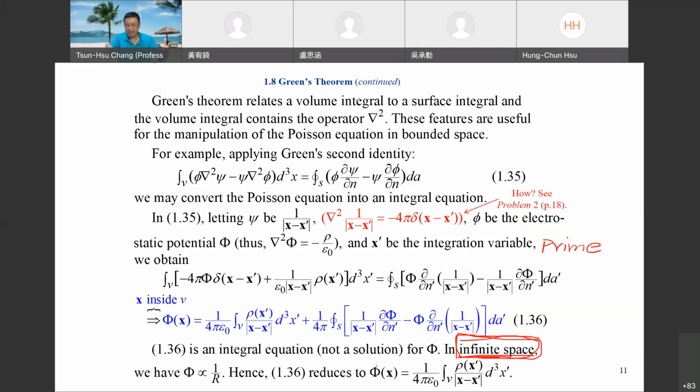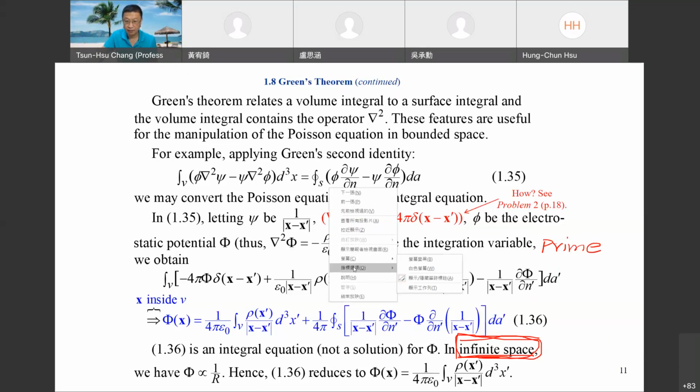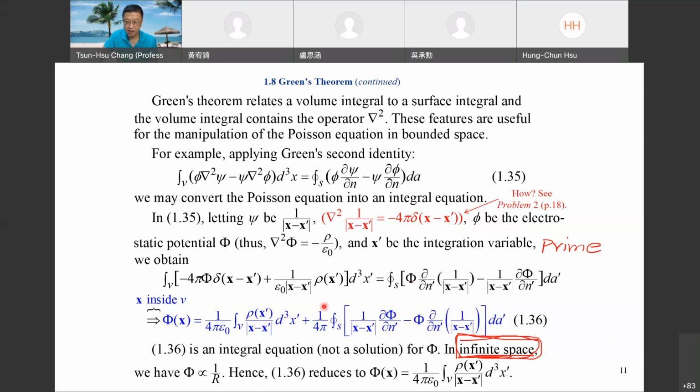So you can see the advantage of Green's theorem. Green's theorem considers finite space, not infinite space. If the space is infinite, that will be easy. Just use this equation. But now, if the space is finite, for example, if you are doing